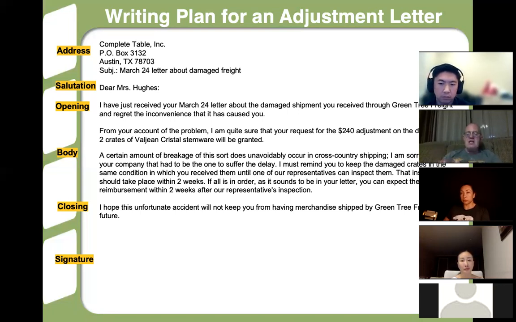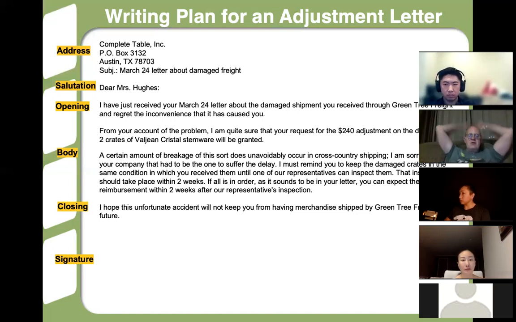I must remind you to keep the damaged crates in the same condition that you received them until one of our local reps can come and see it for himself. That inspection will take place in 2 weeks. If everything's in order, like it sounds like it will be, you can expect the full reimbursement within 2 weeks after our representative's inspection.